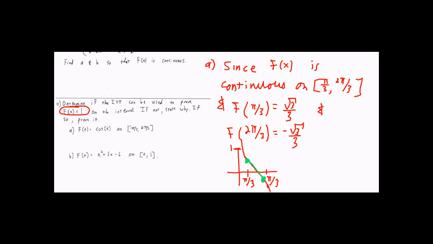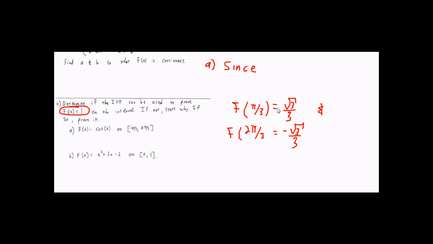So technically, we need to take out this part. Let's get rid of that. We would write, since f of x, well, you can probably delete all this too. Your answer will look like this. I'm just trying to save some time here. Since f of pi over 3 equals root 3 over 3, and f of 2 pi over 3 equals this number,